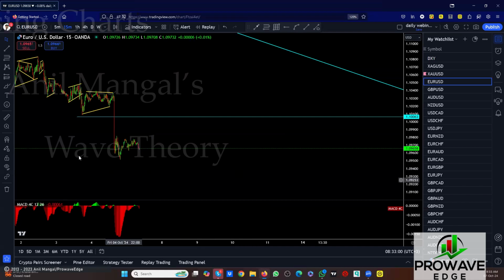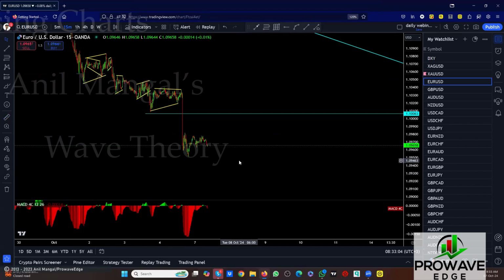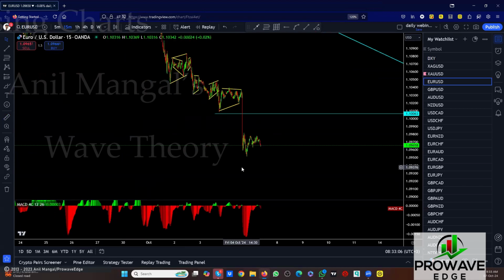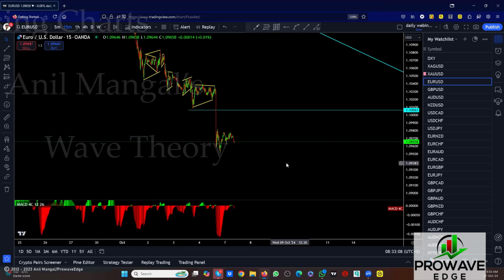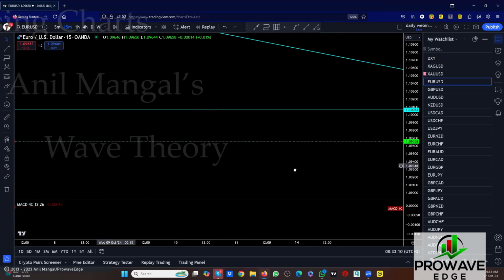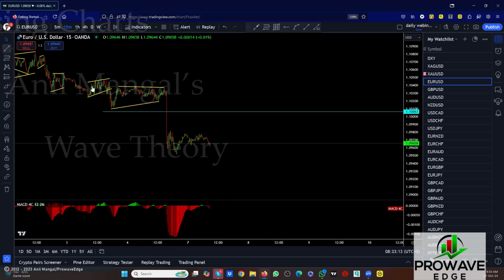What's the range? The range is only 25 pips. You might not get a trade to buy, but you could definitely get a sell setup. As of now, we're looking for a sell setup. And I'm not sure we want to buy this as yet for a possible upside or possible deeper correction.